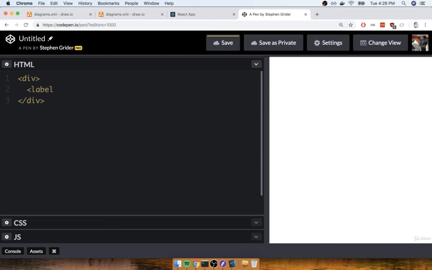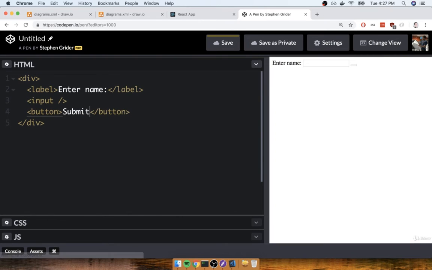So I'll first begin with a label. I'll give it the title of, how about enter name? And then after that, I'll put in an input, and then finally a button at the bottom. And I'll say something like submit. Okay, so just very simple, straightforward HTML. And I want to go through here and add on a couple of attributes. So on the label, I'm going to say that this is a label for